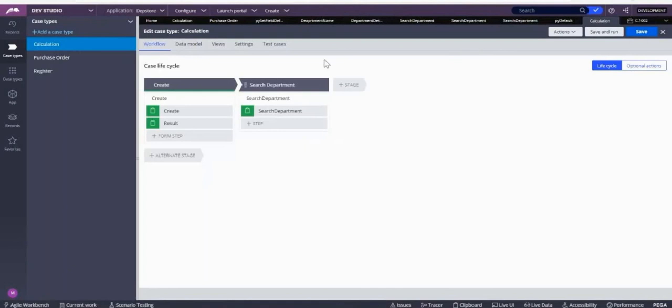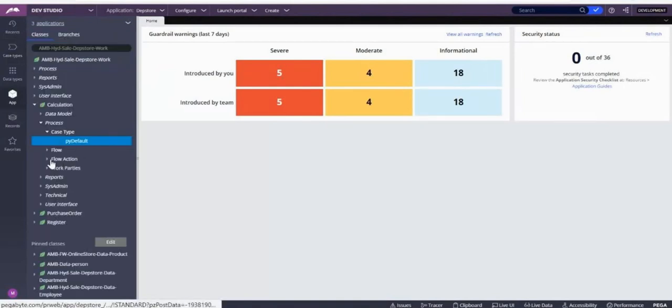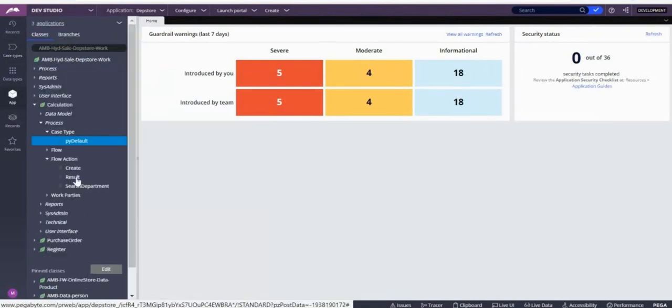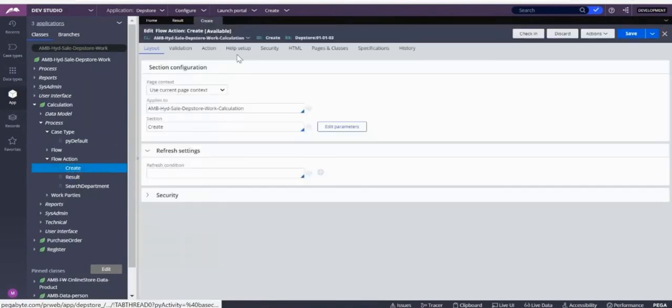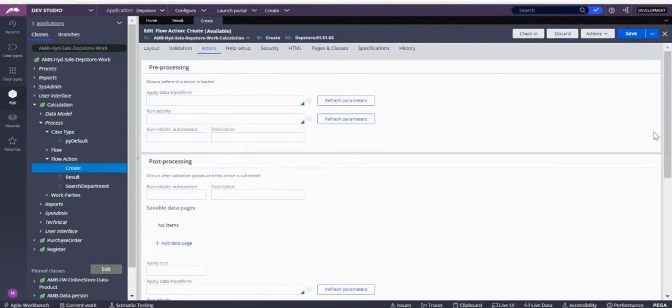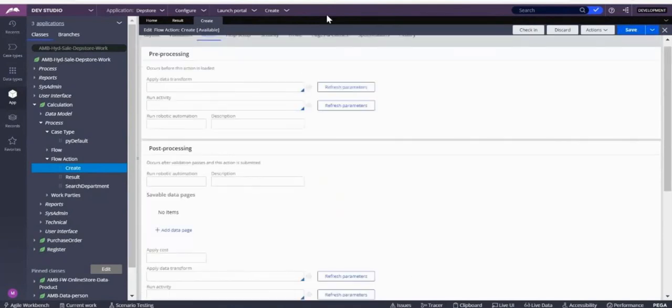Let me first close up. My service connect SOAP is failing, so I'll just remove that fail post processing. This is getting failed. So let's create the case.